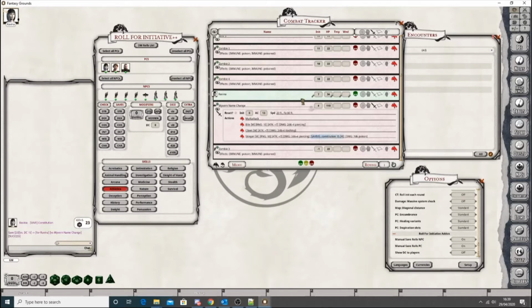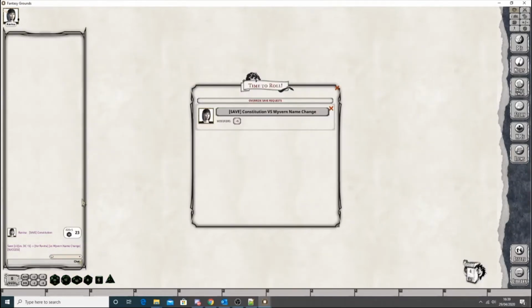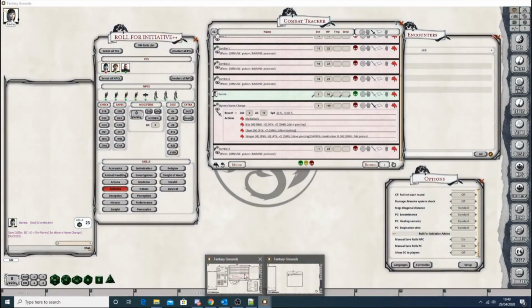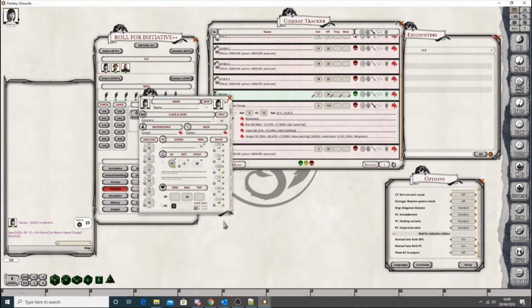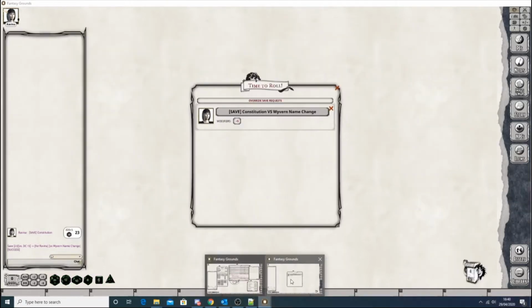So this time I'm rolling, and you'll see that no roll has happened and there's a save. Now it says +5, and the reason for that is because Ravina has a +5 constitution save, so it takes it from there. Okay, so she can now roll,